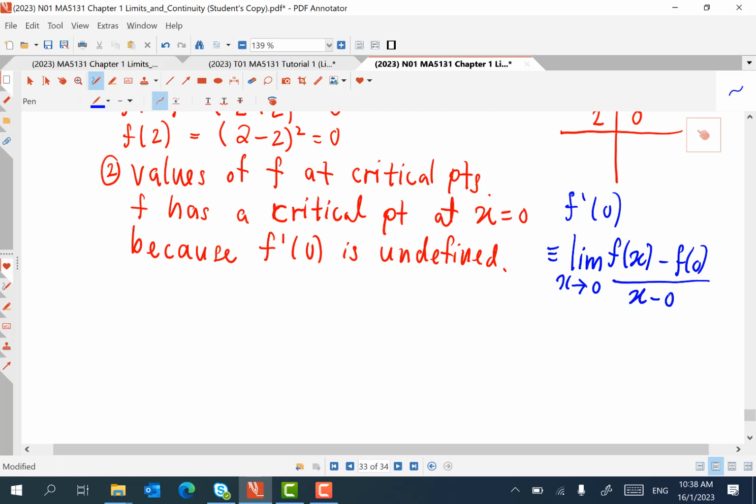technically, you have to show through the calculation that the limit of this, the blue color, does not exist. However, we will leave this kind of calculation to the next chapter. But if you want to give a reason why, since it is